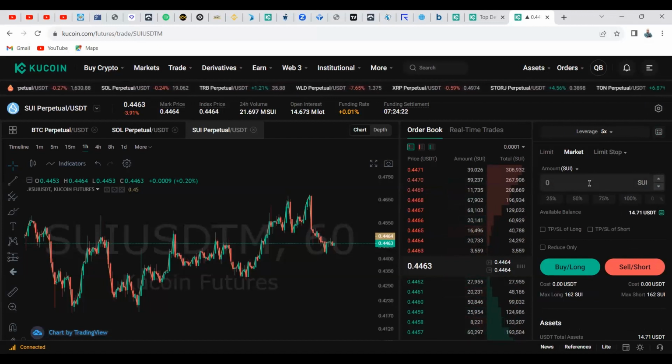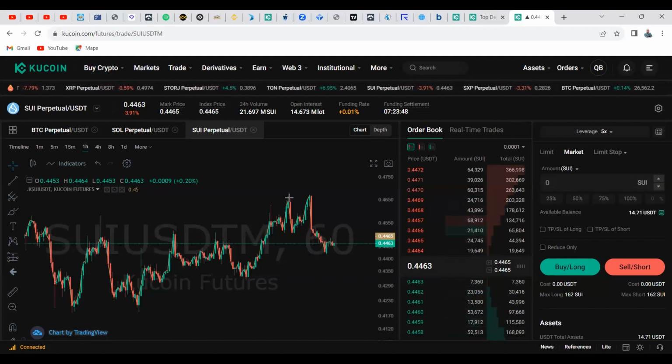A market order is basically a command to buy or sell an asset at the price currently available on the market. So if you are buying or selling this particular asset, say now I'm on SUI and I want to buy or sell SUI, it is a command to buy or sell SUI at the price currently available on the market. So I'll then look, what is the price available on the market? The price available on the market, as I see it, is